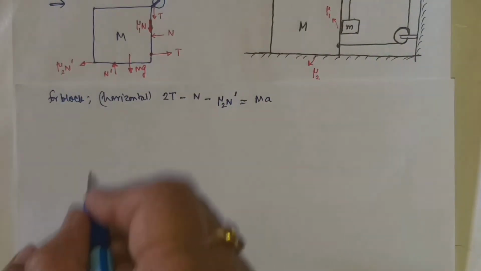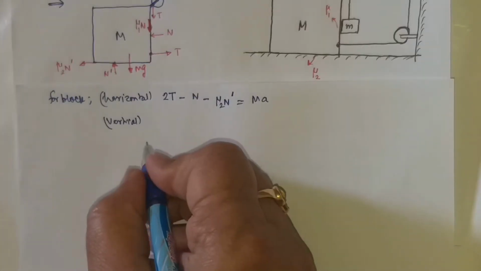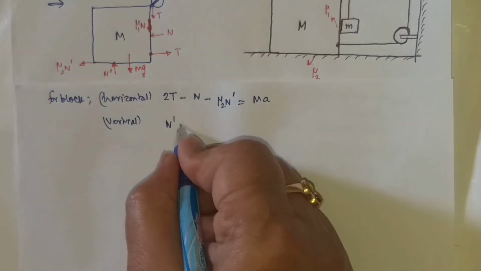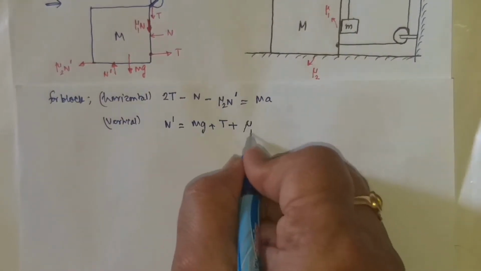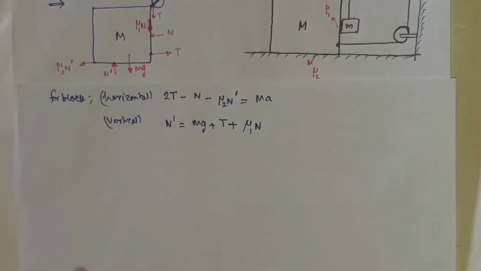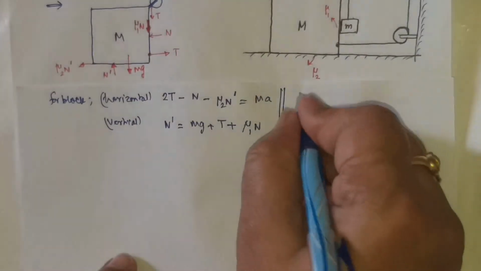And in the vertical direction, things are balanced. Therefore, N dash will be counterbalanced by Mg plus capital T plus mu1 into N. Look at this force. This is in the vertical. And for the suspended block,